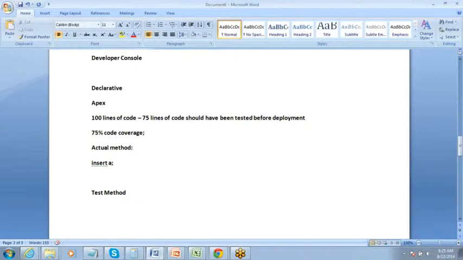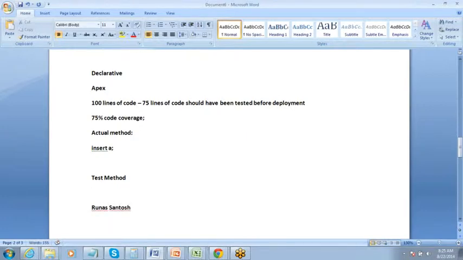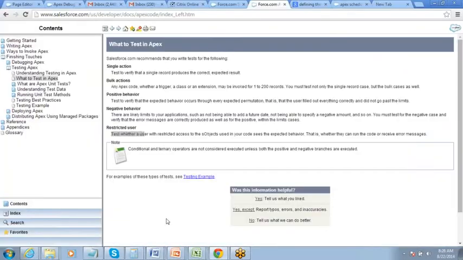Now the account is being inserted fine in general. It will be good if you also test this thing, run as username Santosh, and then try to do the entire thing and see whether you are getting an exception or the insert record is happening, right? So that is the thing. Okay. So these things are required to be tested ideally. So single action, bulk action, positive behavior, negative behavior, all these things need to be tested. Okay.